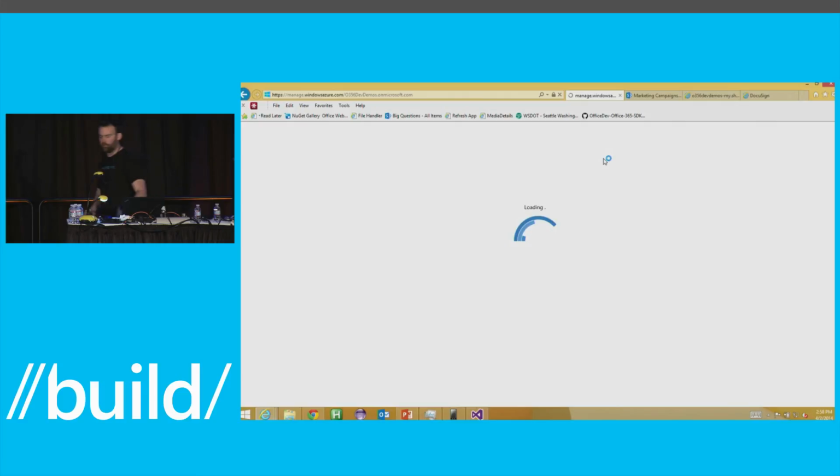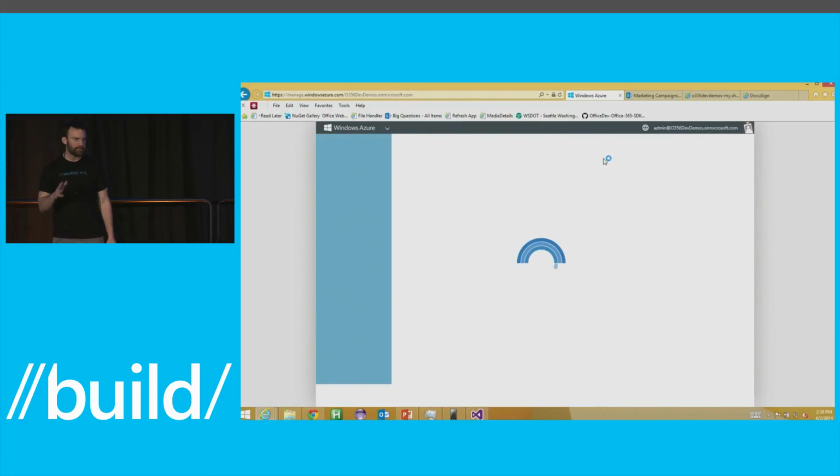So what I can't show you, but I'll describe is, in order for that Android app to work, as the developer of the app, you had to register it in Azure AD. And that's what we do from the Office 365 side. That's how we manage access to the data. So we use Azure AD. The app would get registered in Azure AD.